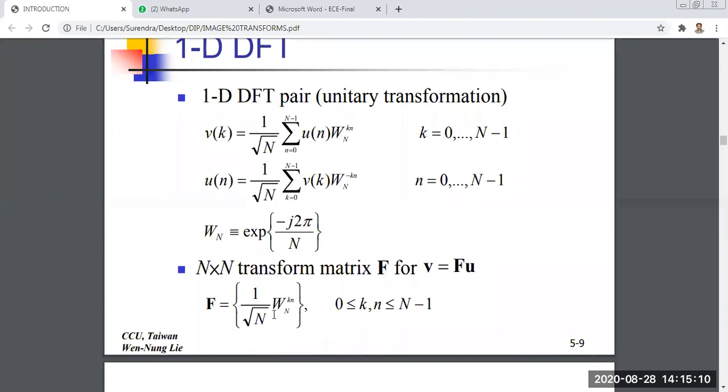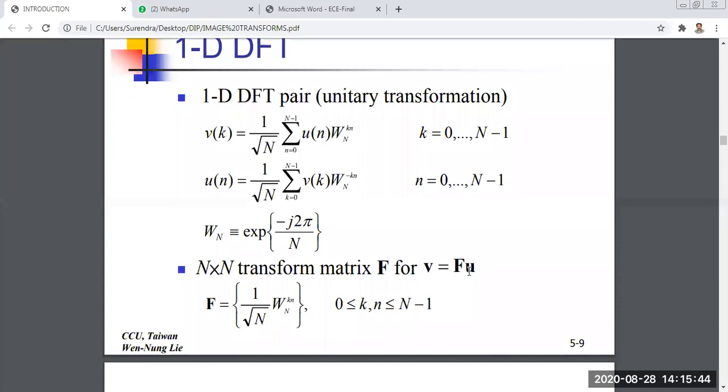So the matrix is simply the expression 1 by square root of n, either in forward or in reverse. In both cases, the common element is 1 by square root of n W_N^{kn}. So this is replaced with capital F. So simply the transform matrix capital F, by using this simple capital F, the Fourier transform V equals simplified version. So V equals capital F into U, or otherwise U equals